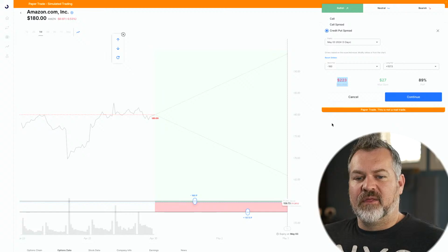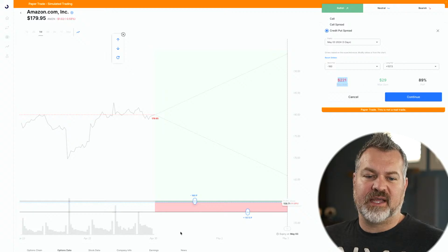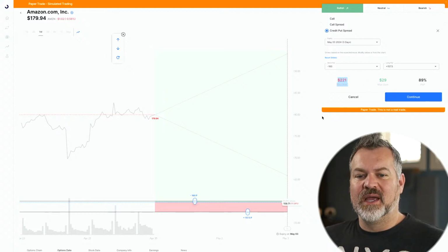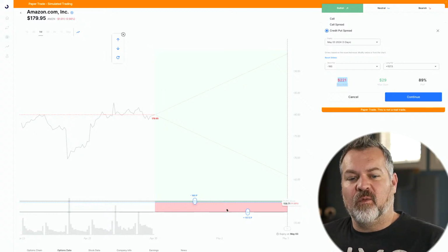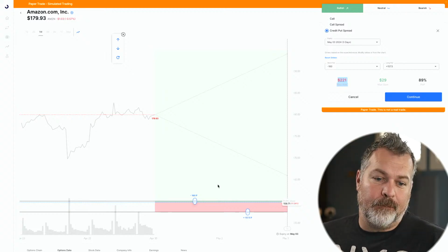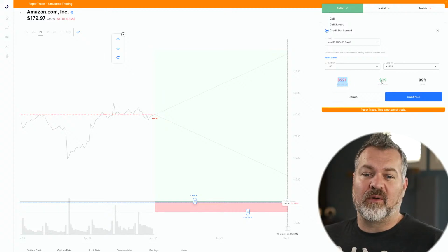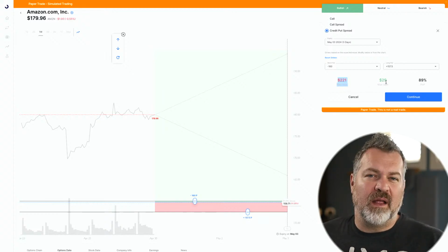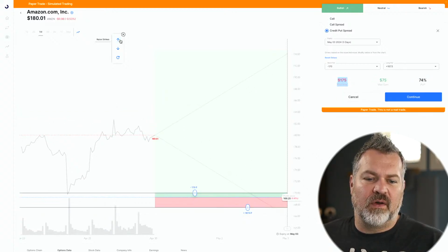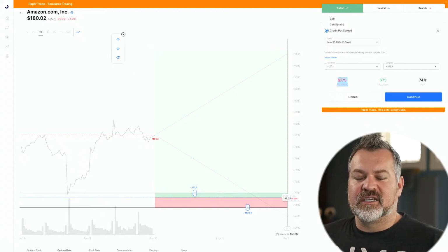The lower we go, the worse it gets. In this one, we have risking 10 to make 1. So this is about a 10% return on risk capital, but it's outside of the expected move. So you can take a greater return with less risk, overall a higher probability of making money, but greater risk in relationship to the amount of money we're making. If we did 10 trades and we won 9 of them, making a 10% return, that one loser would wipe out all our gains. So it's not always smart to move to the outside. Sometimes it's better to take a greater risk